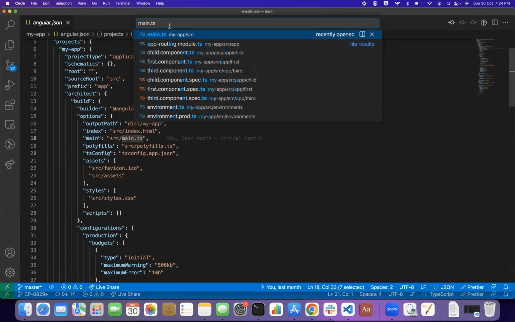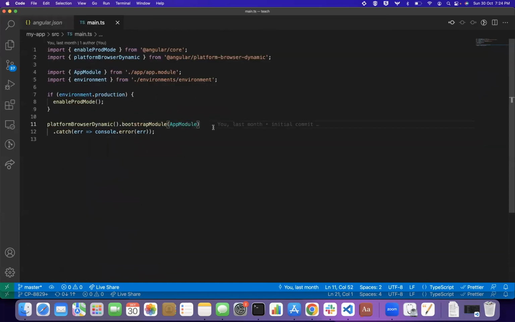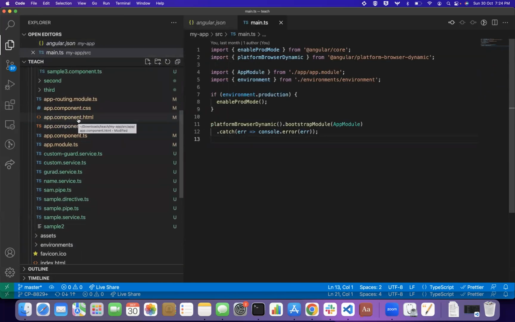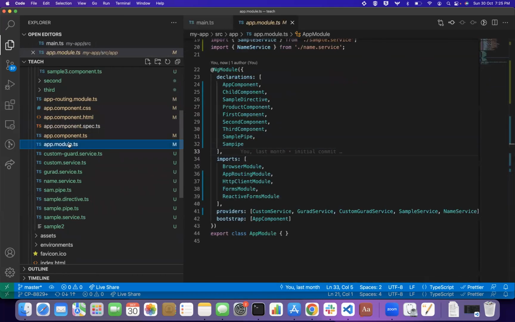What will be there in main.ts? Bootstrap starting file, bootstrapping the starting module. What is the starting module here? App module. Okay, then what are the next steps? Go to the app module, right? App module, then